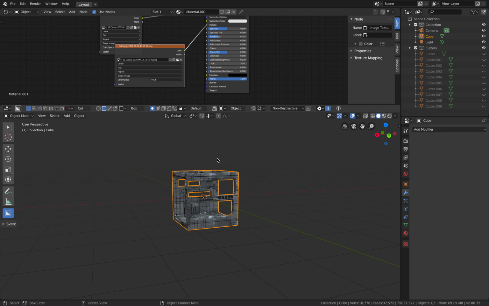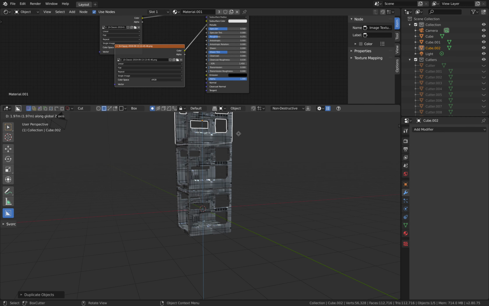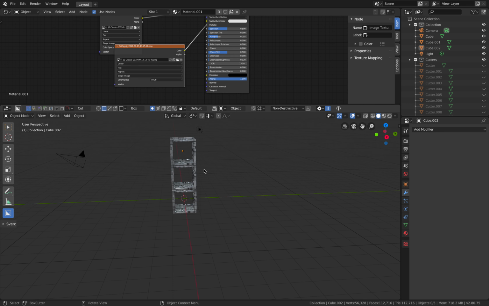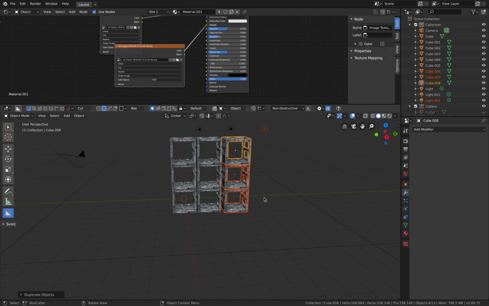And you can make maybe an array of random box cutting. It's gonna be, it's something you can use for game or